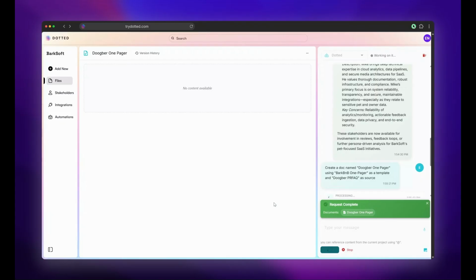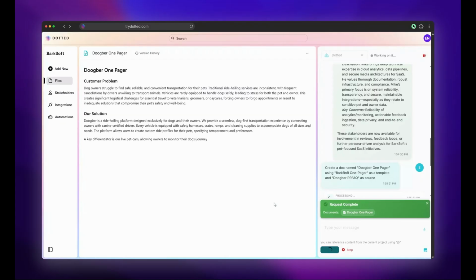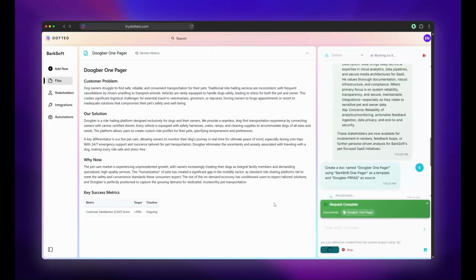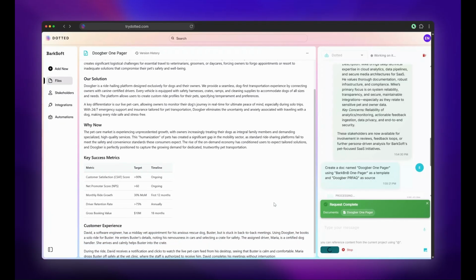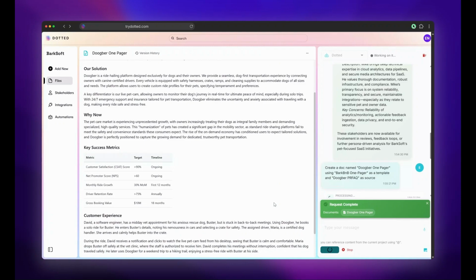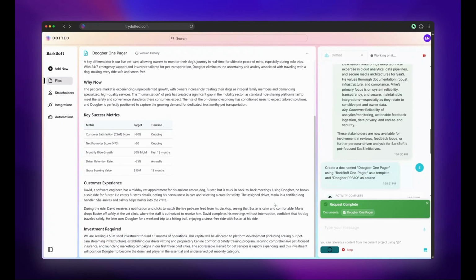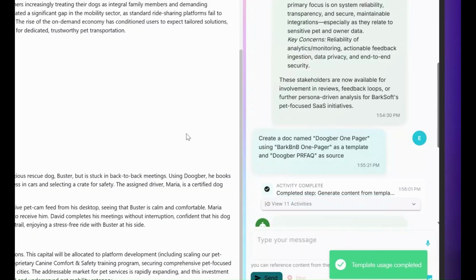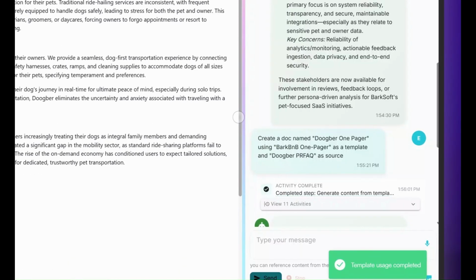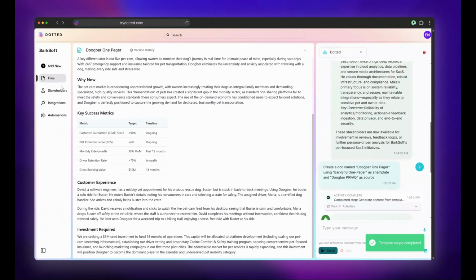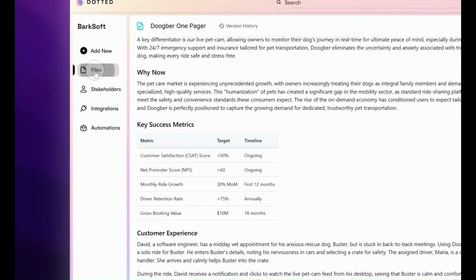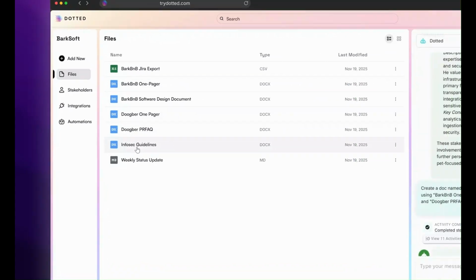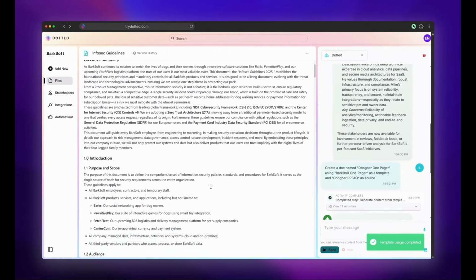that matches that formatting. So you can use a document, you can paste in notes from meetings, or you can just speak directly to Dotted using that little microphone and just ramble on and on about an idea that you have, and then use your company's template for a PRD or a software design document or whatever it is that you're trying to do. And Dotted will just take your ideas and your content and your information and just make it fit perfectly. So one thing that we could do here is we could just use those digital stakeholders that we created for designer Alice and engineer Mike to get feedback directly on that document.